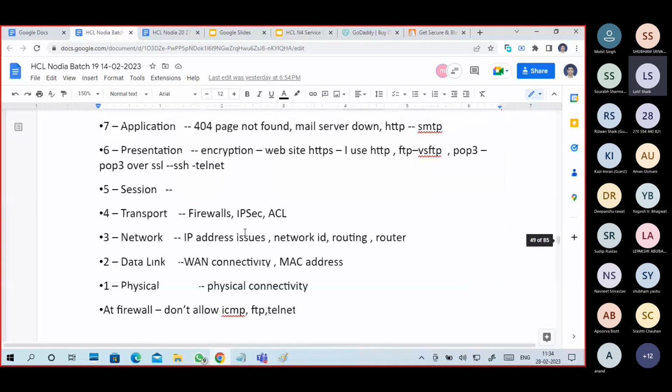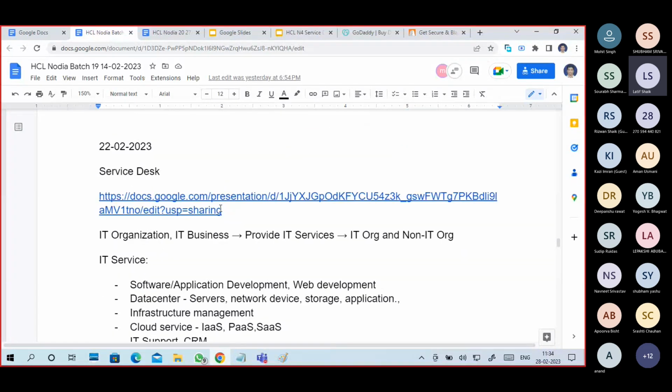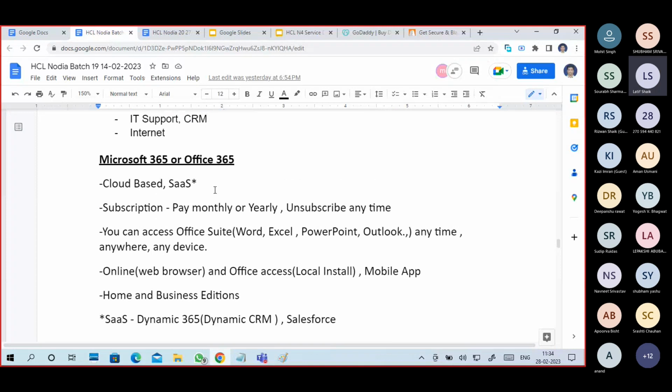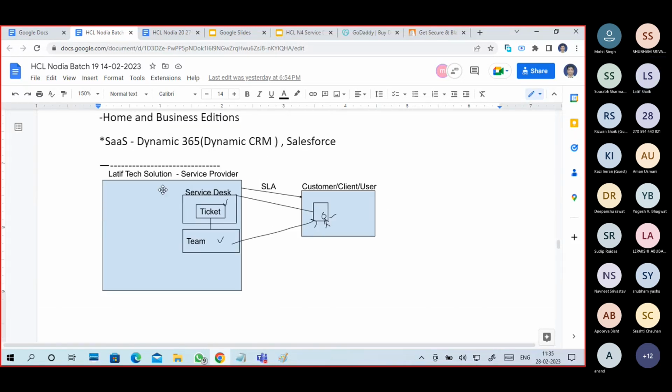One second. There are a few lines, I try to get it. Last time, in the last two batches, I explained with Office 365 for a customer and client related kind of stuff.